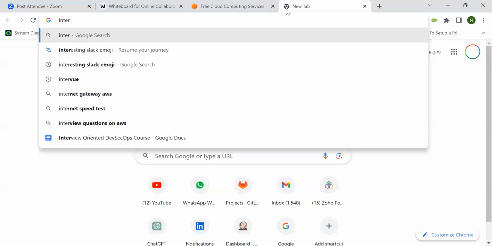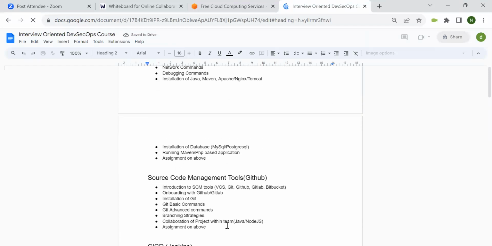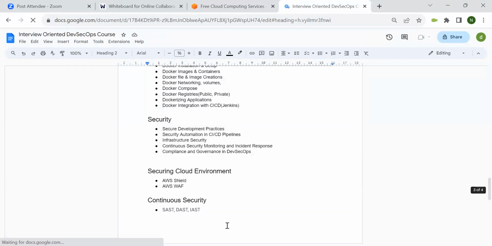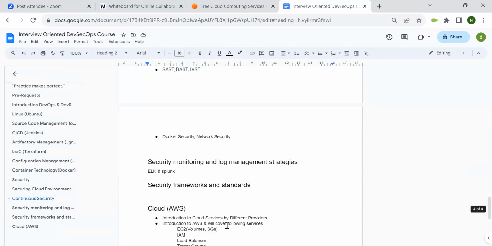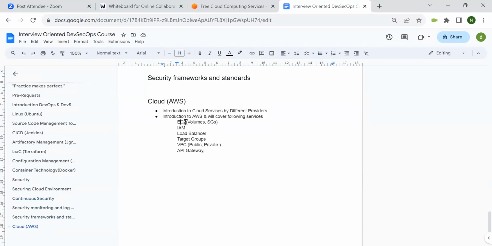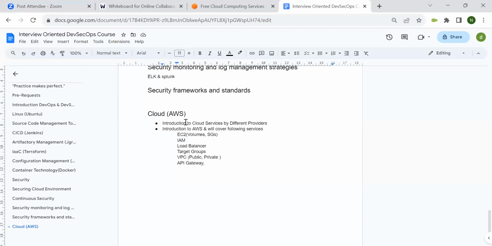Okay, now let's see what we are going to learn in AWS, which is very important and required. But if we want to learn all these 250 services, it won't be good, because no company uses 250 services in AWS. Only a few, especially the famous ones that people are using are EC2 services, IAM services, load balancer, target groups. Again, it comes under this, VPC, and API Gateway. So these are the services they would be using in AWS.